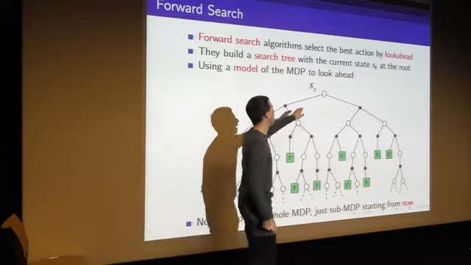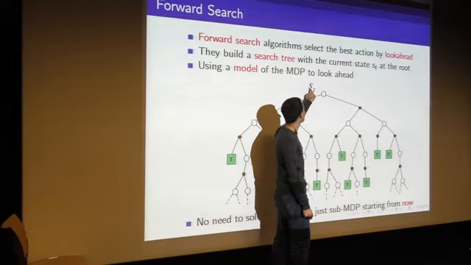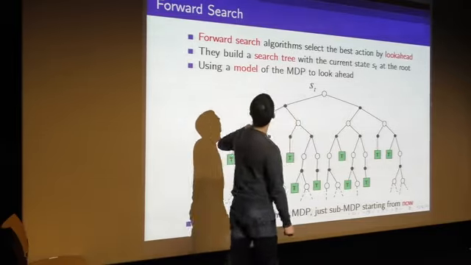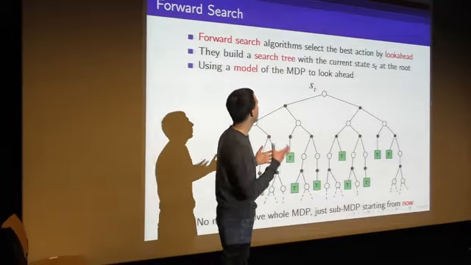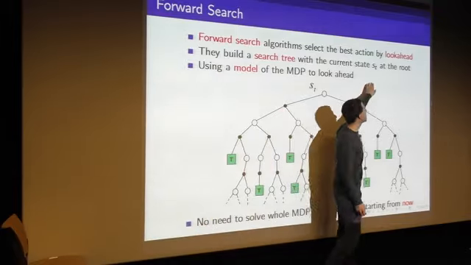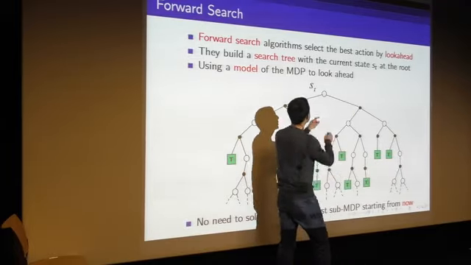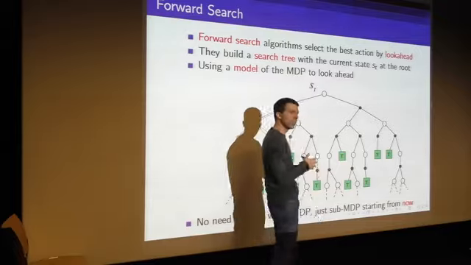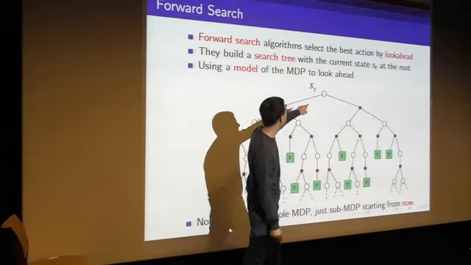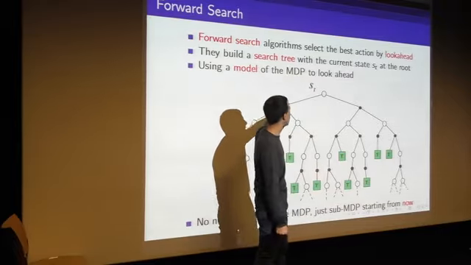You start at the state you care about. This is now, our state S_t. We're going to build a search tree with this current state, this S_t, as our root state, the moment that we're in, at the root. And we start to do look ahead, where you could do this exhaustively. You could say, let's start in this state and build a search tree that says I could take this action,